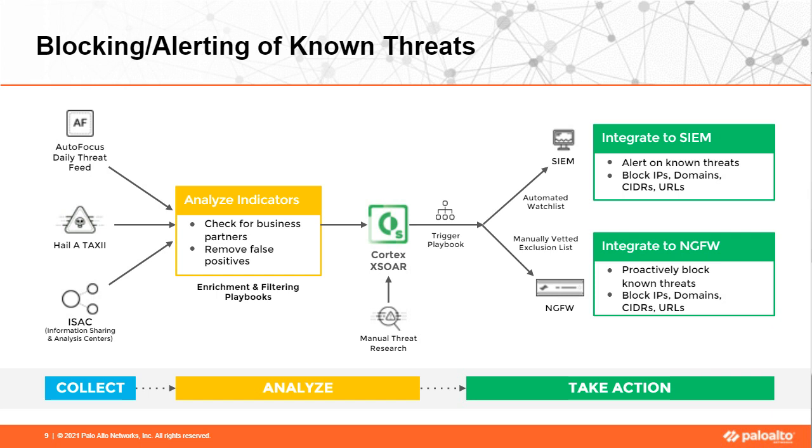And then on top of that, you can also bring in that manual threat research. And that's what Kyle is going to talk about in a minute, is his process for how they're doing their manual threat research. And you can take both of those data sets, both the manual data that's being added by the analysts and all the automated feed data, and start building prioritized either block lists or alert lists to send to your relevant tools, like your SIEMs or your firewalls.